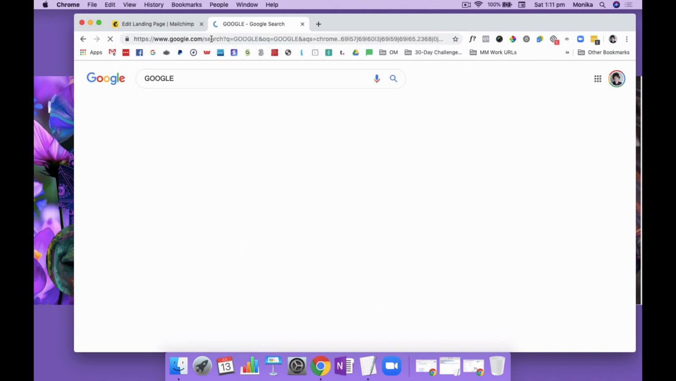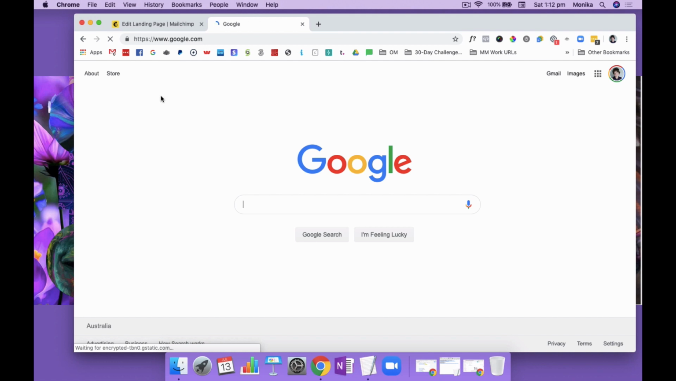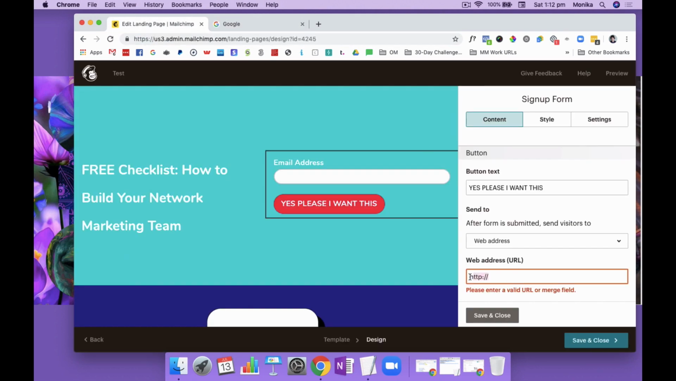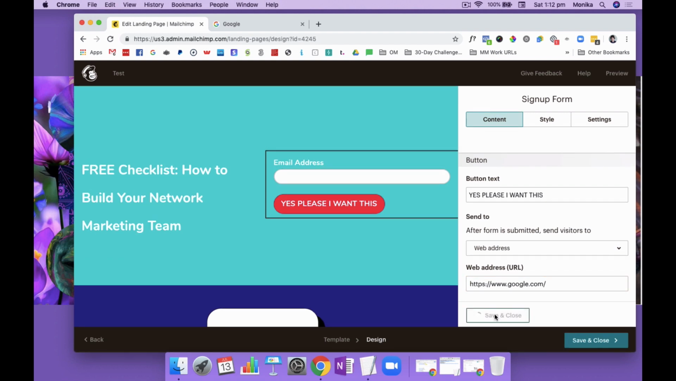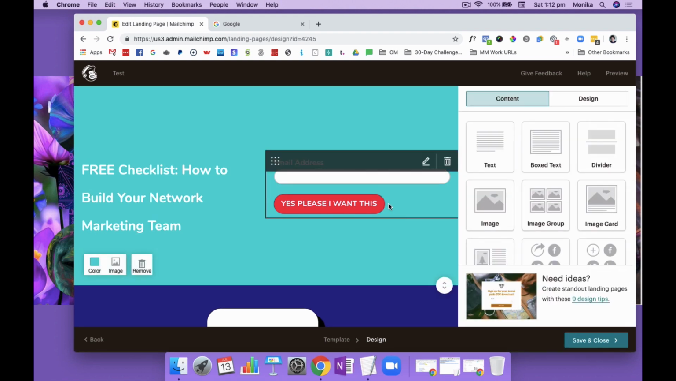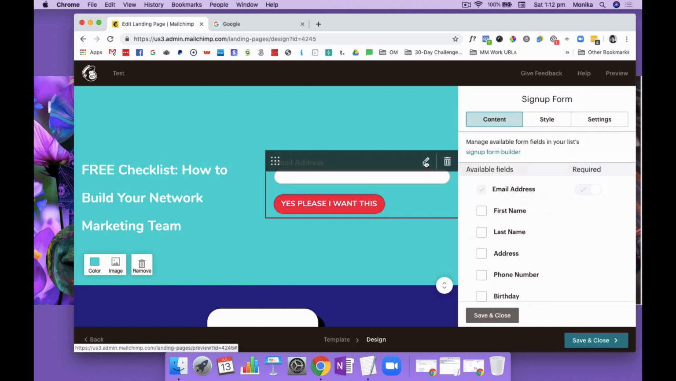But we want to redirect them to the thank you page URL. That's what we want, okay? So you would put your thank you page URL in here. You save and close. Now I go back in because I want to edit the button